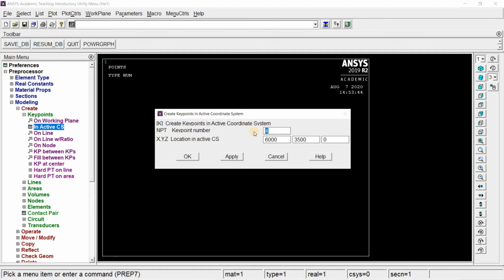Next key point number 5, 8000, 0 and 0. Give apply. Key point number 6, 10,000, 3500 and 0. Apply. Key point number 7, 12,000, 0 and 0.